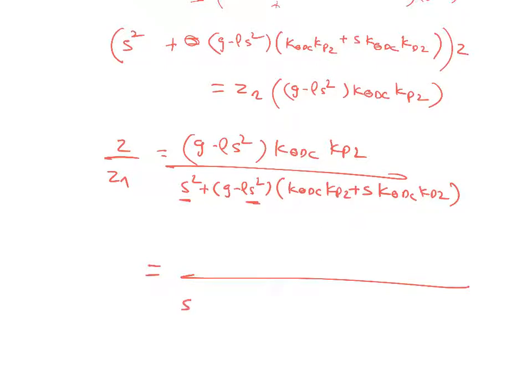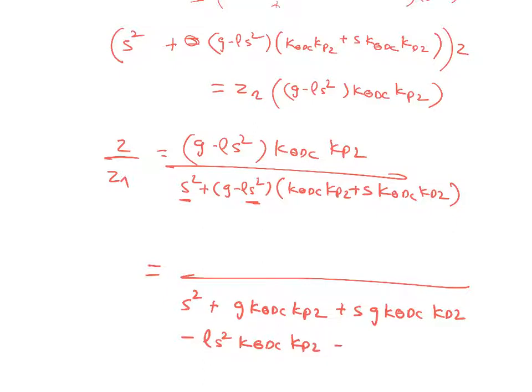So if I take S square outside, so G K theta DC KPZ, lot of bookkeeping here, plus S into G K theta DC KDZ, and then minus L S square K theta DC KPZ